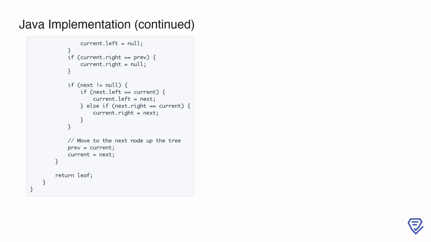If the next node's left child is the current node, we reassign the current node's left pointer to next. Otherwise, if the next node's right child is the current node, we assign the current node's right pointer to next. This step effectively flips the direction of the parent-child relationship. Finally, we update previous to the current node, and current moves up to next, continuing the traversal toward the original root. Once the loop completes, we return the leaf node, which has now been transformed into the new root of